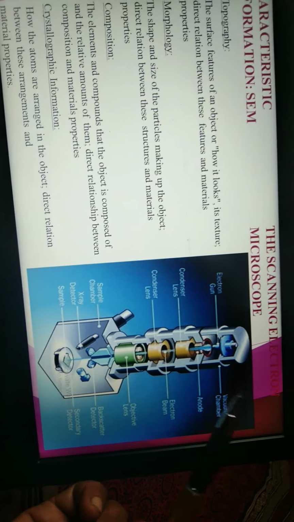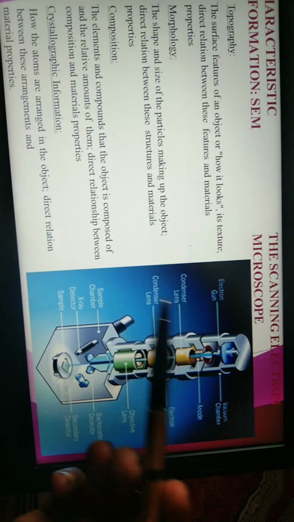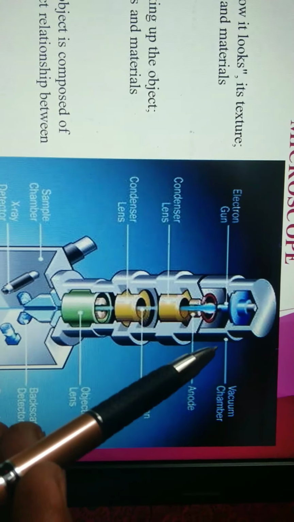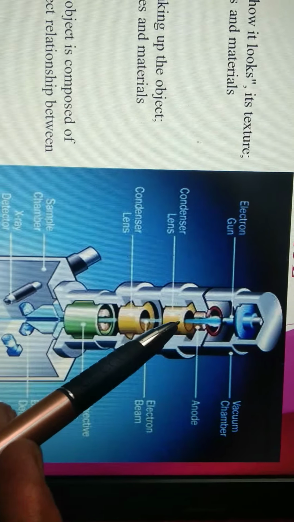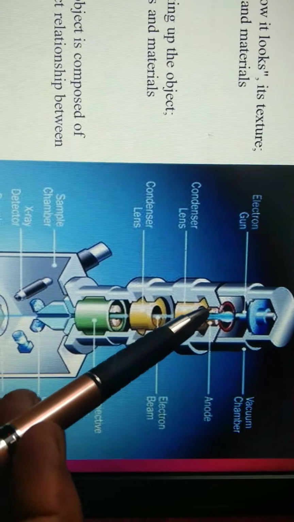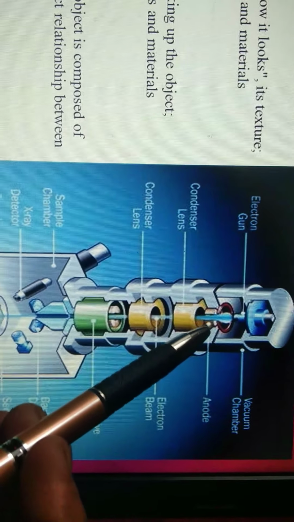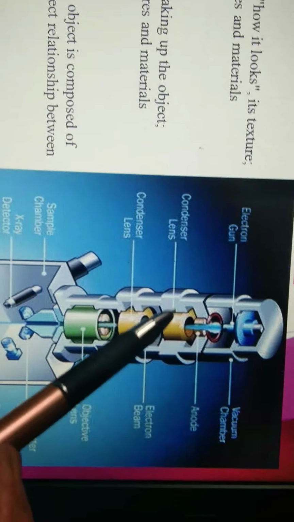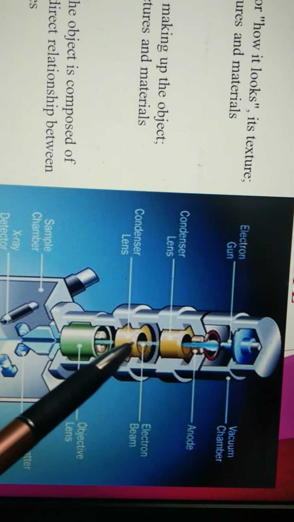On the right side we have the diagram of the scanning electron microscope technique. In this you can see that there is an electron gun in a vacuum chamber, and this electron beam is shown as the blue line. It is attracted by the yellow structure which is called the anode, and from here the electron beam, see the fineness, is there. This electron beam is refined by condenser lens 1 and 2 that regulate the spot size and intensity and illuminate the high angled electron beam.